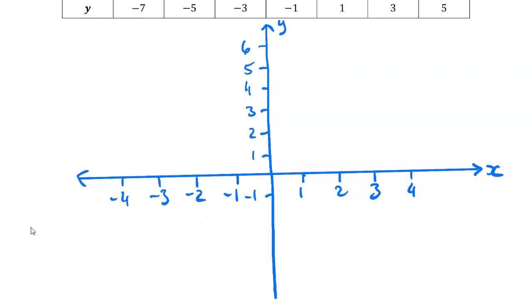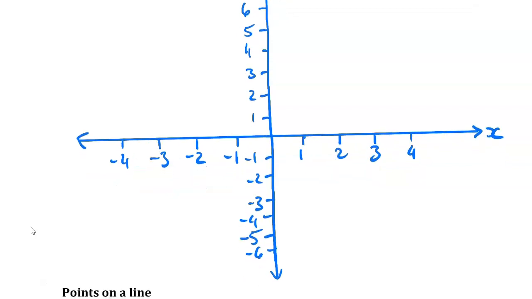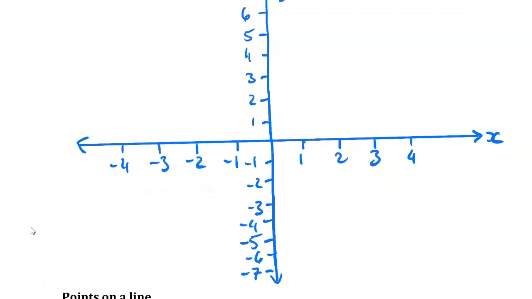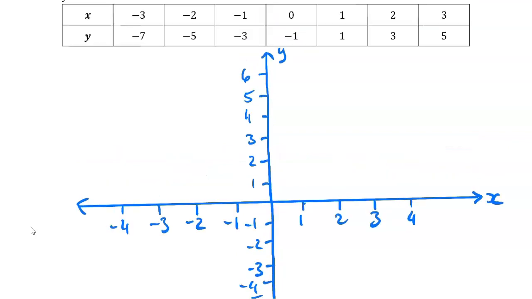So -1, -2, -3, oops, -4, -5, -6, -7. Okay, so